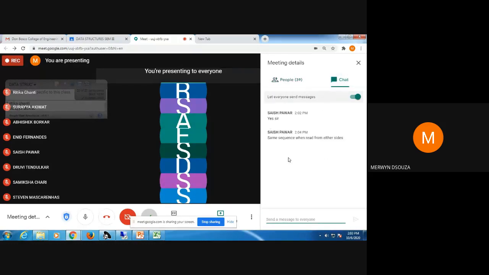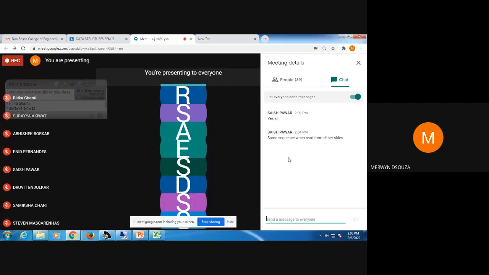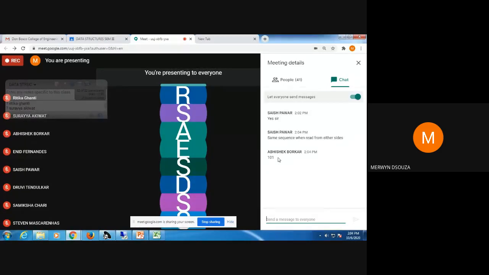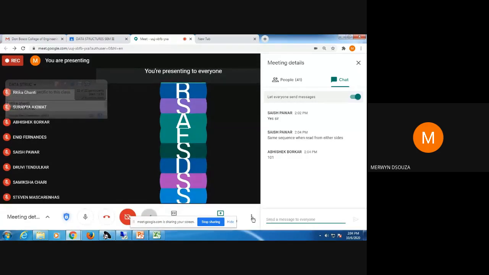Any word or a sentence where the sequence is the same when you read from both sides. So you read from left to right or right to left and you get the same sequence. For example, this is an example of a palindrome what Abhishek has put, the number 101. You could have numbers or you could have words also which are of letter type. So those are examples of palindromes.